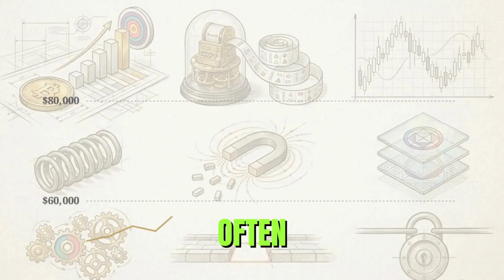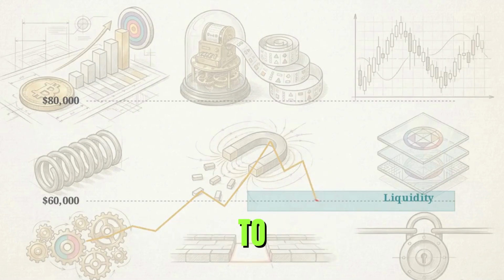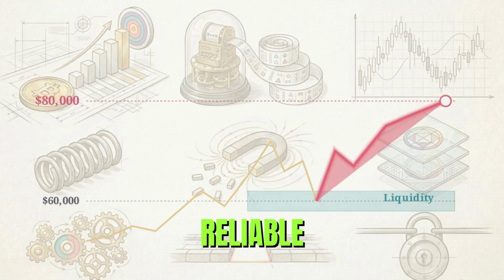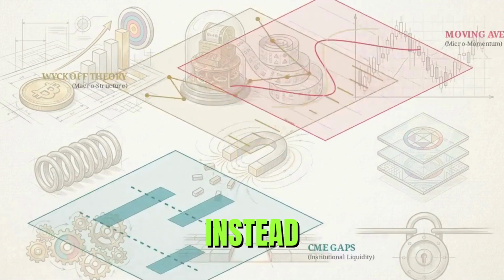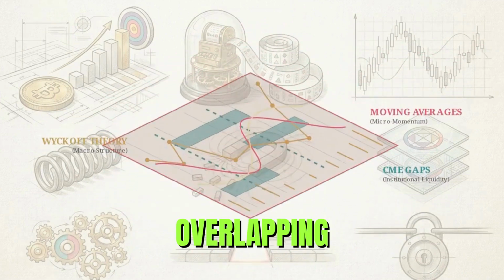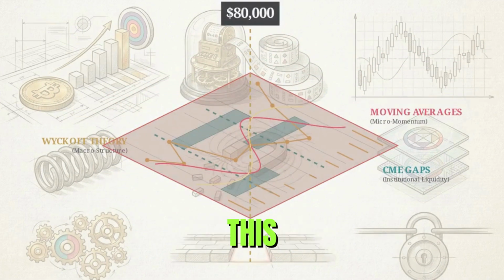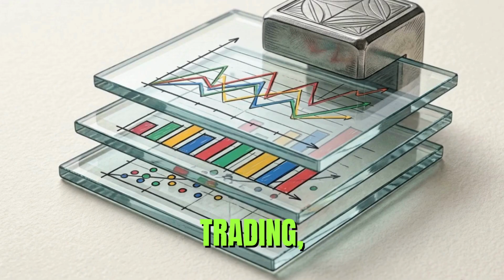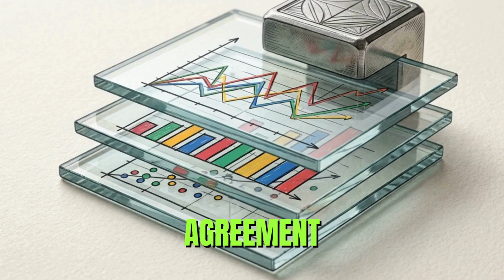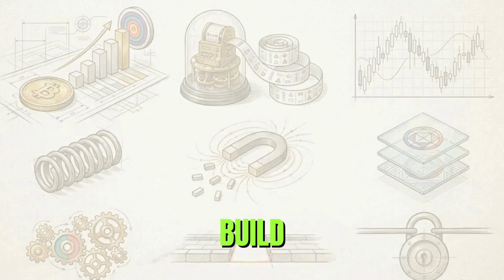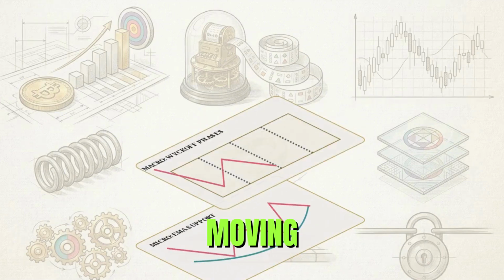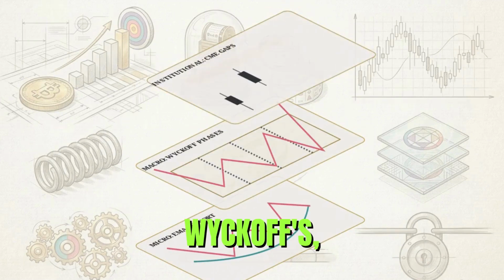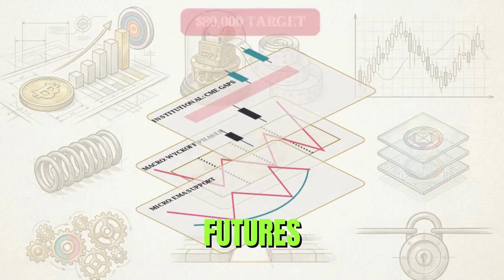A macro rally often requires a micro correction to generate the necessary liquidity. Reliable price modeling ignores sentiment and retail hype, focusing instead on the rigorous alignment of overlapping technical frameworks. This alignment is known as confluence trading, the practice of identifying agreement across multiple independent market variables. We are going to build this confluence using three specific layers: micro-level moving averages, macro-level Wyckoff structure, and institutional futures